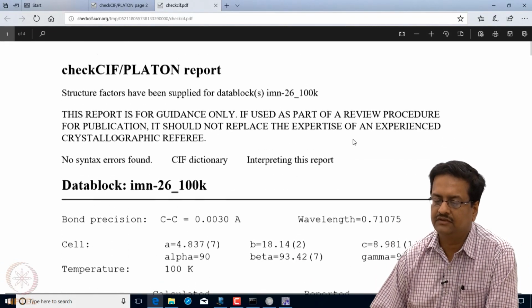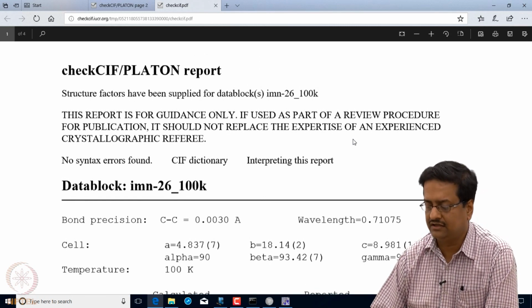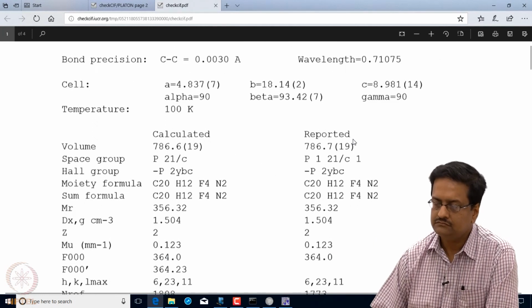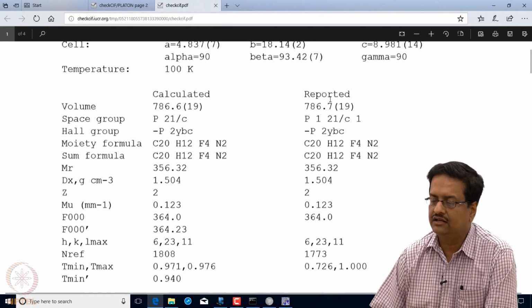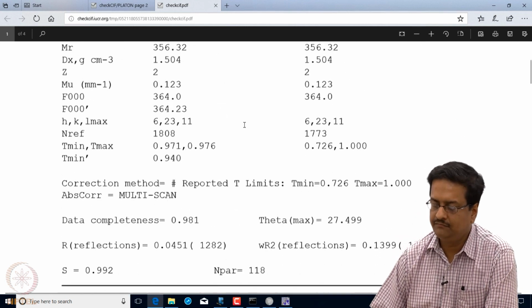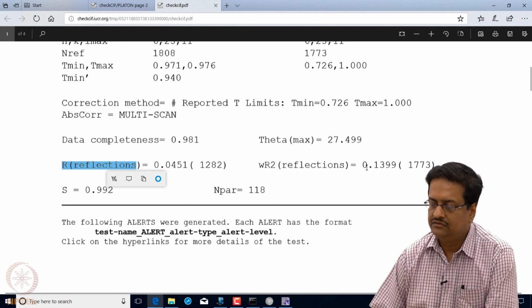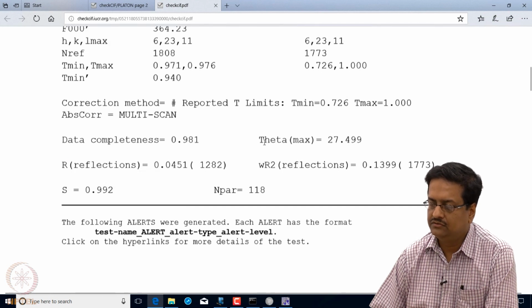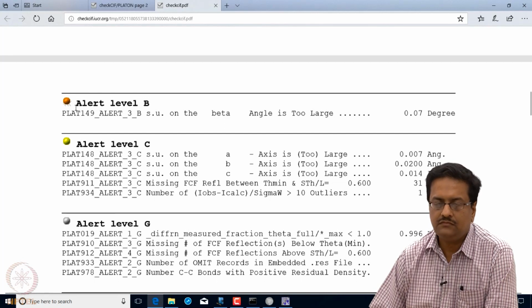Platon is a software which is also used to calculate the intermolecular and interatomic contacts. So here it checks whether the calculated and reported values are matching. It takes care of the values for RINT, wR2, 2 theta and all that, and then it gives you the